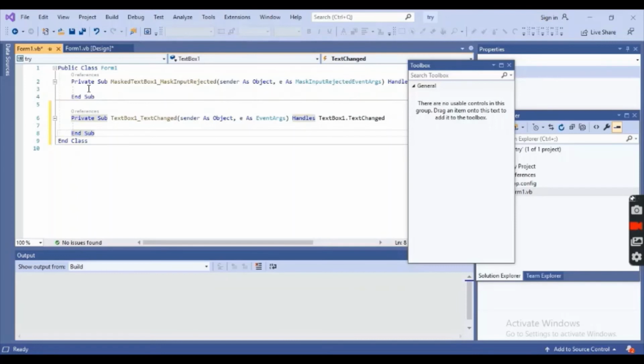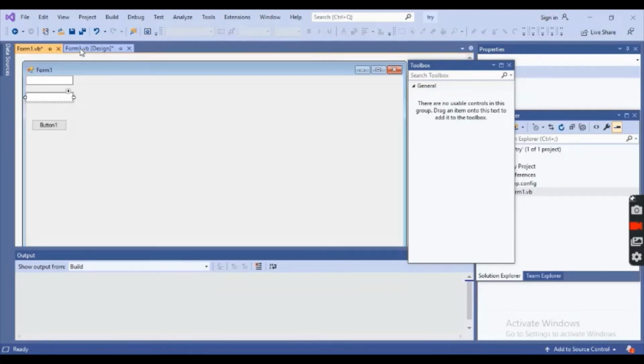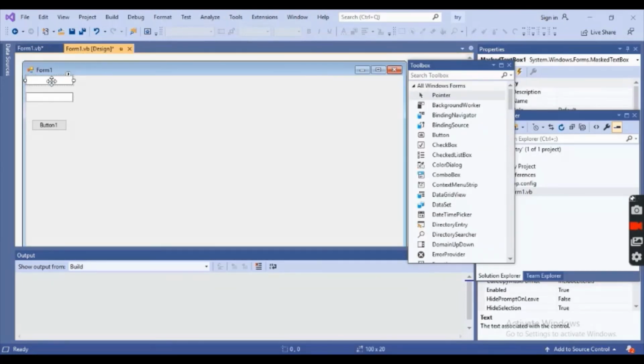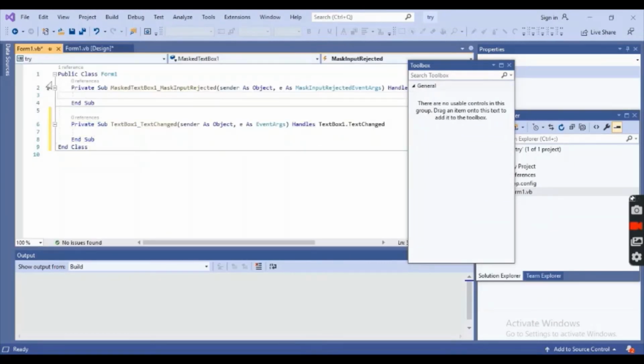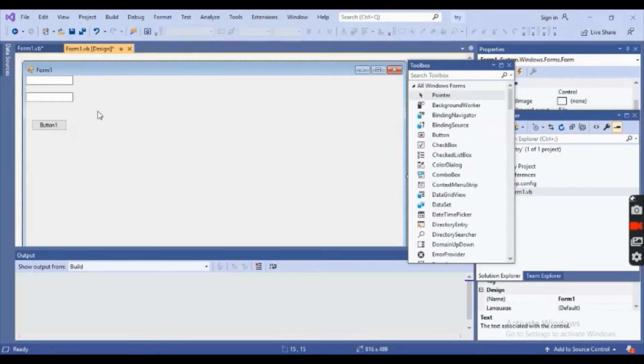For example, if you want to write code so that on typing or on clicking this text box something should happen, you can write the code right here. Just double click it and type the code here. Whatever you want to happen, whatever you want to display, it will display. No issues, no problem you will have. Then there is TextBox1_TextChanged. As soon as you enter this text box, you will get this particular subroutine, and you will write code for that.